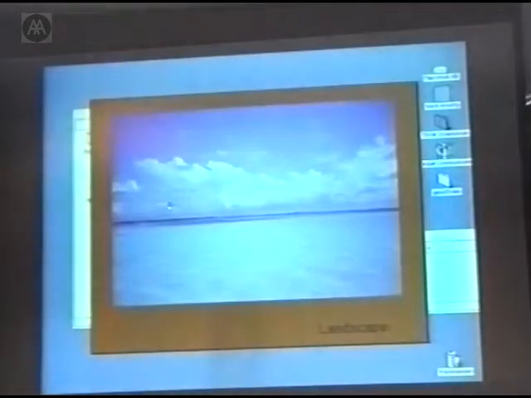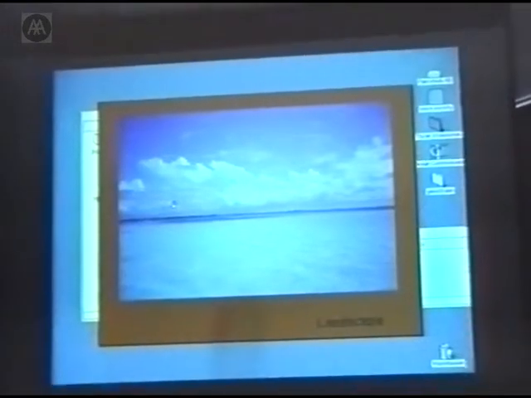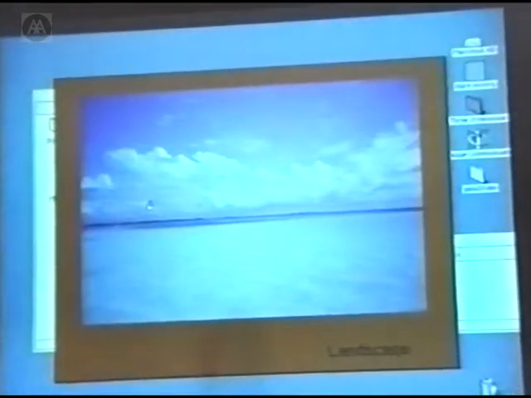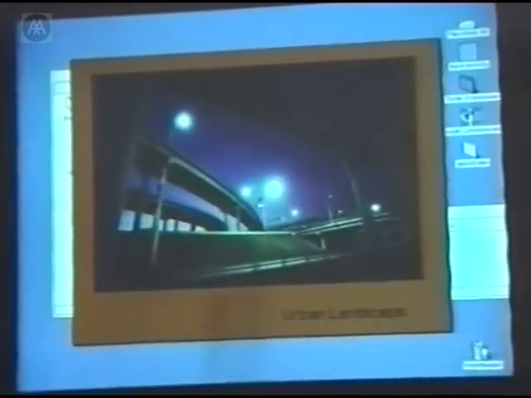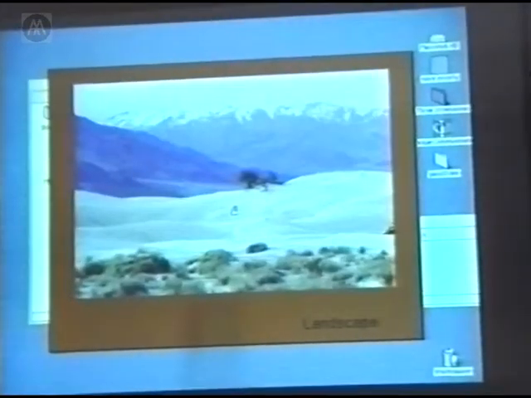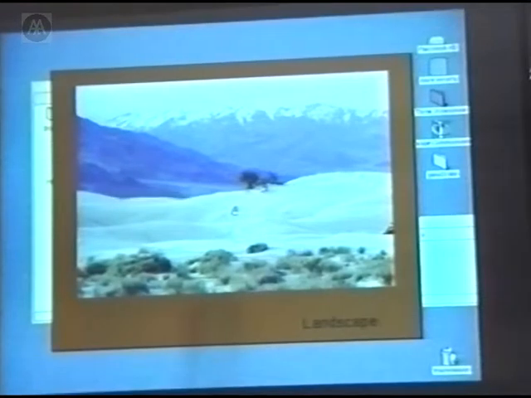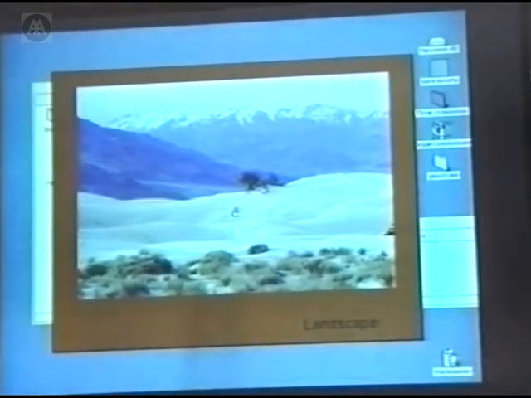The first thing I want to do is differentiate between the concept of the natural and the concept of the planned. So this is a natural landscape. Here's a planned landscape. There's another kind of landscape. When we look at that, it's very difficult to sit there and describe it and measure it.